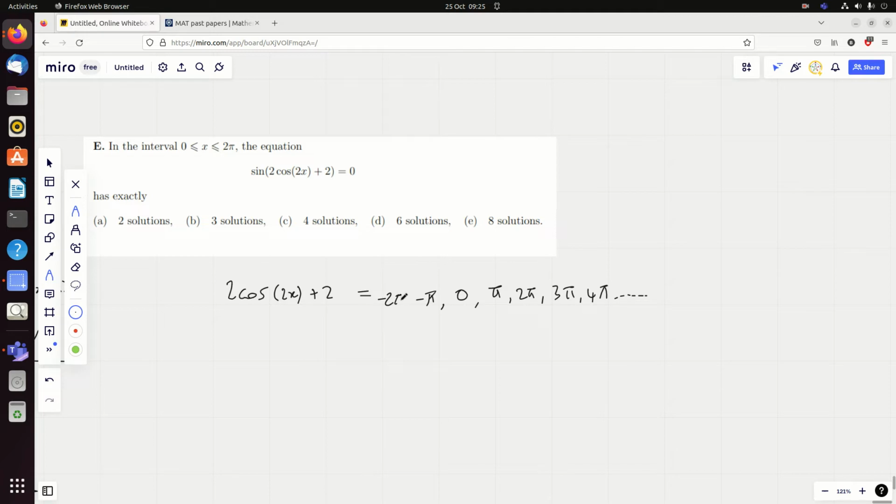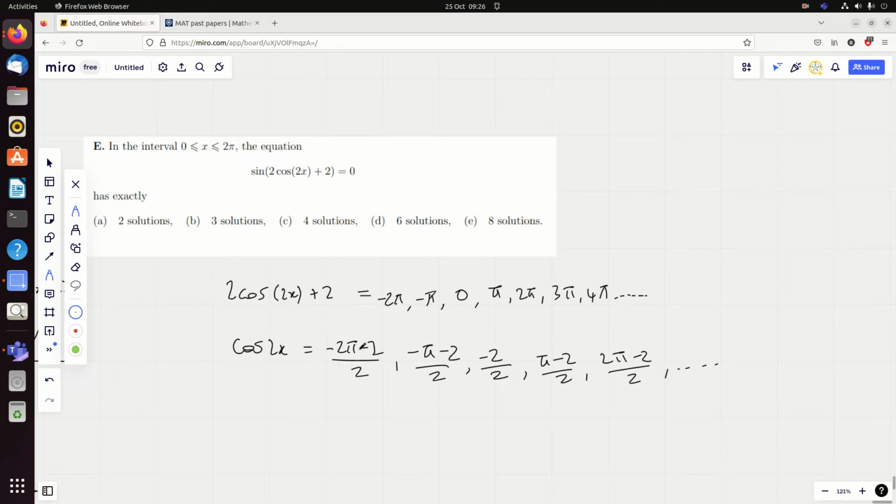Now, only some of these I'm going to be interested in because I need answers. I'm only interested in answers which are produced after I take away 2 and then divide by 2, yeah? So let me just have a look at what cos 2x equals. So what I'm going to do is take away 2 from these and divide by 2. Take away 2, divide by 2, and so on. Now, the reason I did a few there was because I know that cos can only be